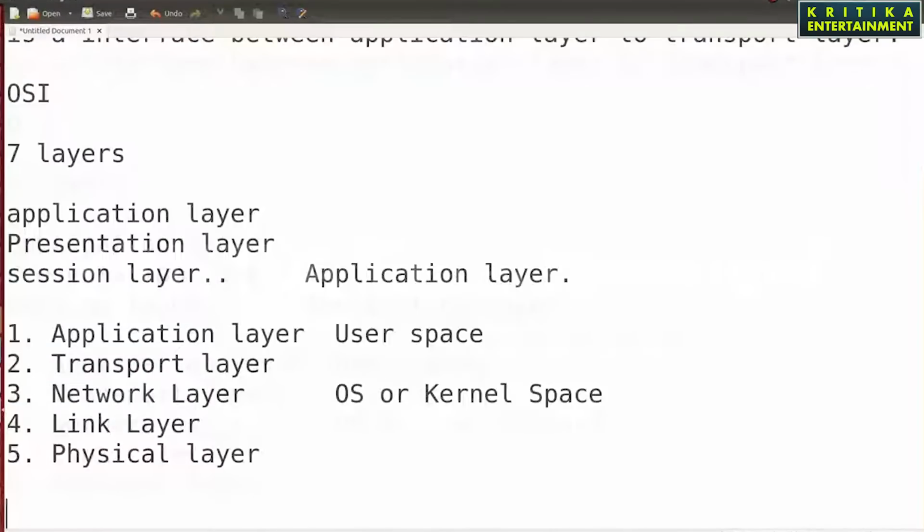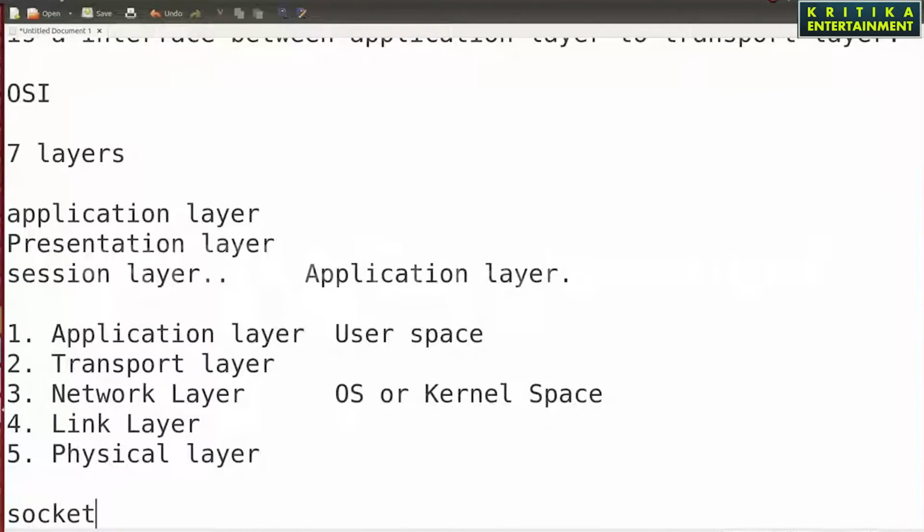But the user wants to interact with these 4 layers. So between 1 and 2, there is an interface called socket. This is used to communicate between your application layer and the transport layer.